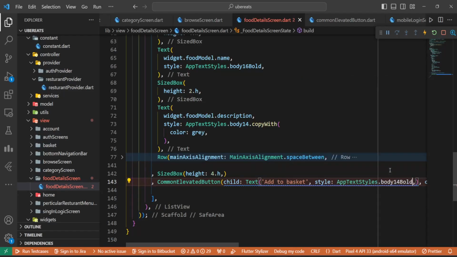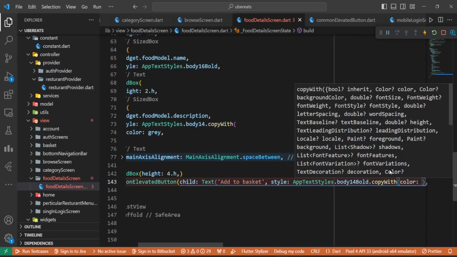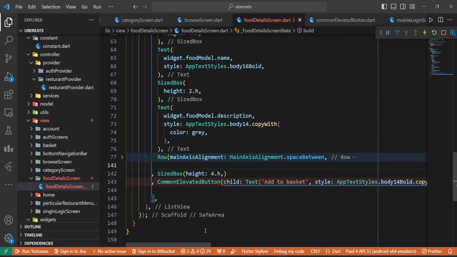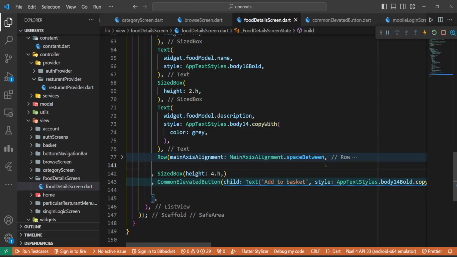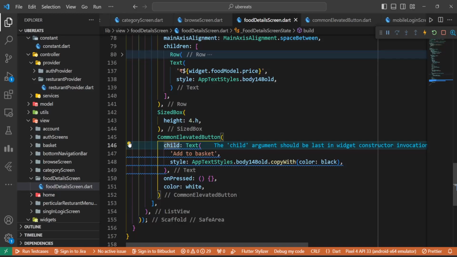Let's go for 14 bold dot copy with color black. For now, we will not introduce on pressed, and the color is going to be white. Let's add a comma here, and we have to move the child property,